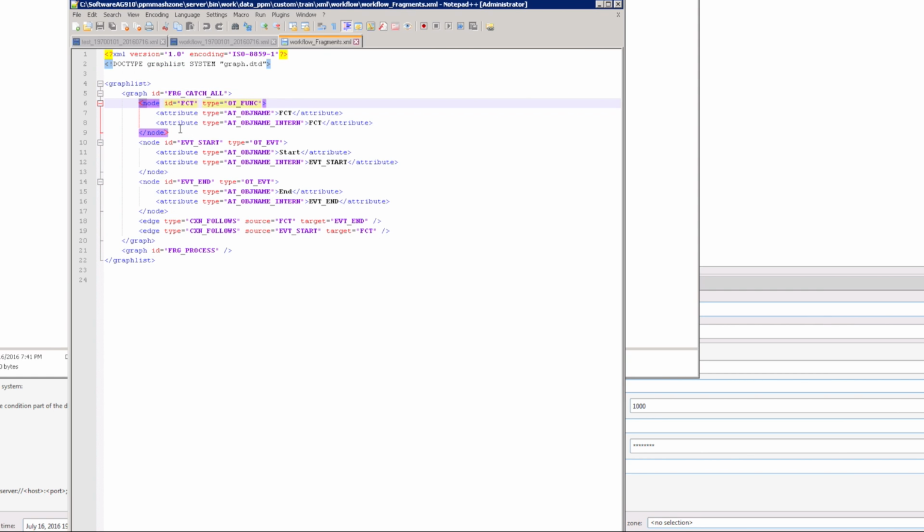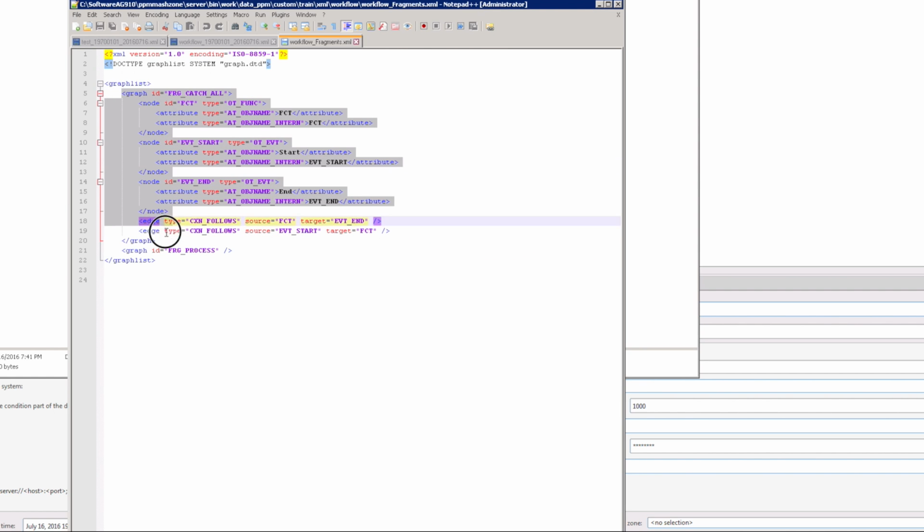We have different node types. So for instance, ot_func is a function. And then here we have events. And again, this is kind of the Aris notation of an EPC, event-driven process chain. So we have here a start event and an end event, and they are connected with these edges here, so that we can basically start with a start event. So this is the first connection. It starts with the start event, goes to the function, and then from the function we go to the end event. So what I'm going to do now, I'm simply going to copy this graph,